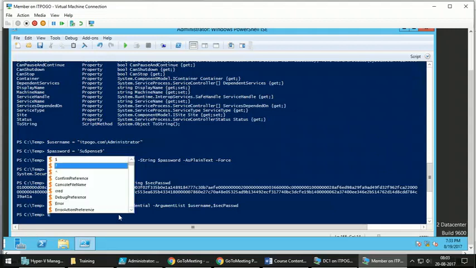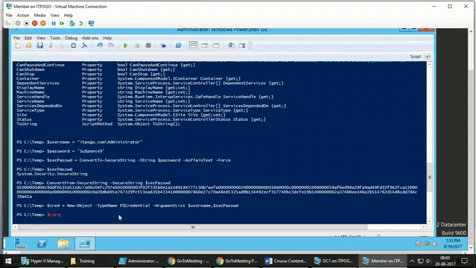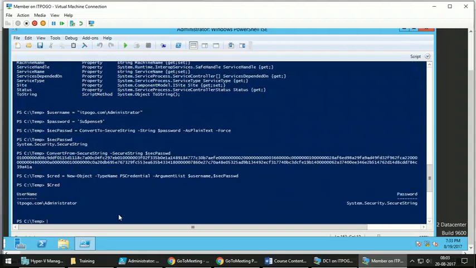Now if you give $cred, you will get the credential object wherein you will have the username and password inside that credential object. Now this credential object you can use for any connection.